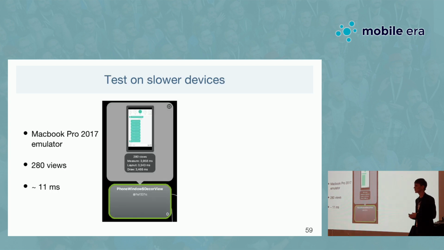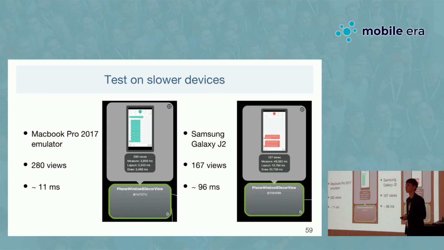And when we do it, it's important to test it on slower devices. Because I initially made my test on a MacBook Pro, and many of you, if you have worked with the Android emulator before, know that Android was very slow and many people complained about it. But actually it's not the case for the latest machines. For example, here we see a view that is rendered in 11 milliseconds. And our primary user base is in India, and they often have lower-end devices, such as the Samsung J2, for example. And a similar screen renders like 10 times slower on that phone.